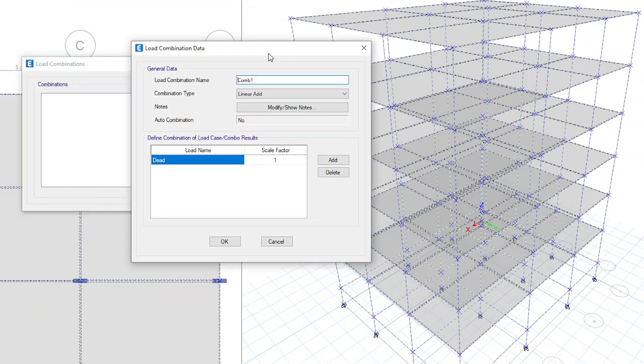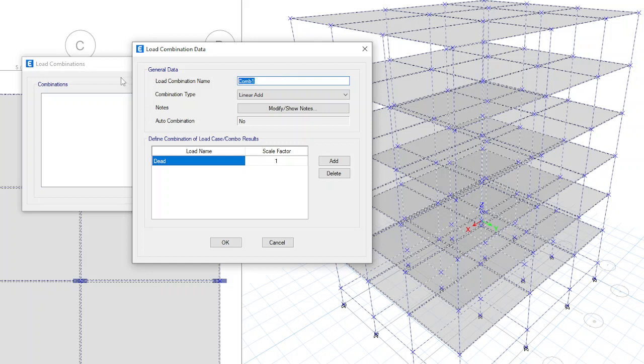Here I'll define 1.5 times dead load and live load. In combo one, I'll rename it as 1.5 into dead load plus live load, just for naming sake, so that we can identify that particular combination.